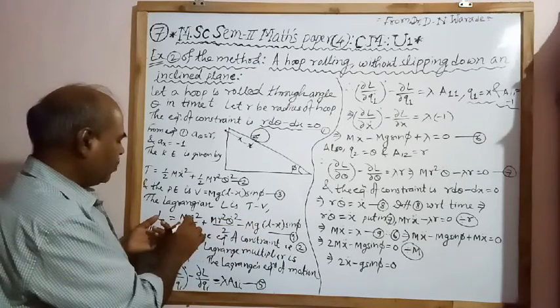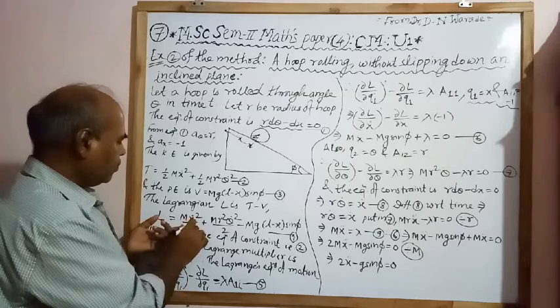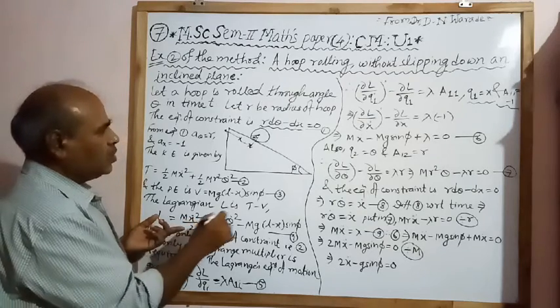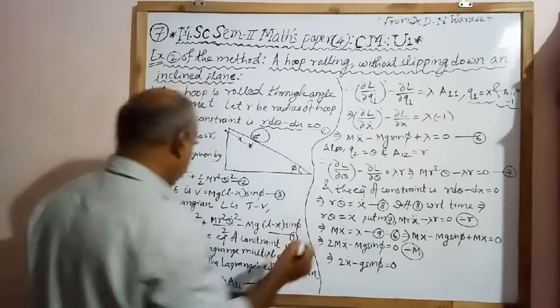Only the first term, x dot square, contributes. The derivative of x dot square is 2 x dot, and the 2 cancels. Therefore, we have m x double dot